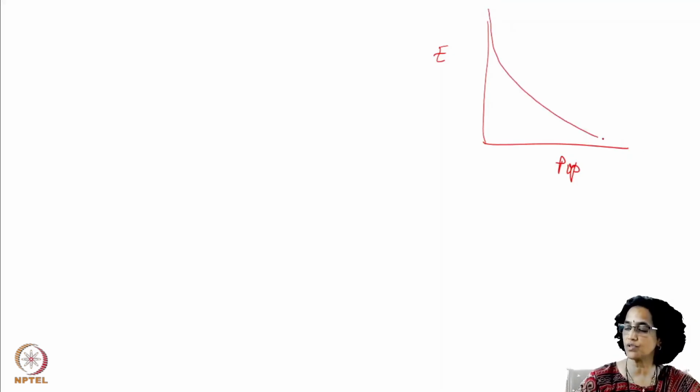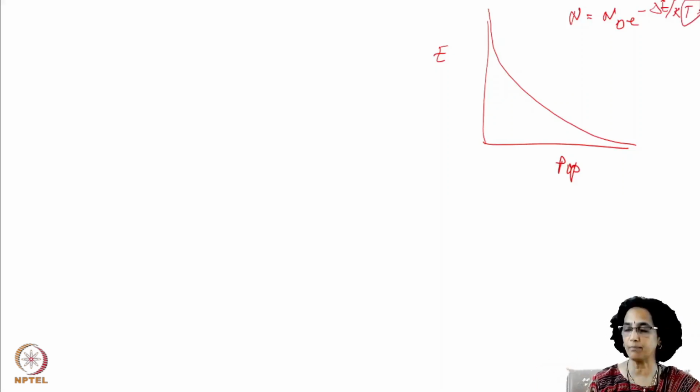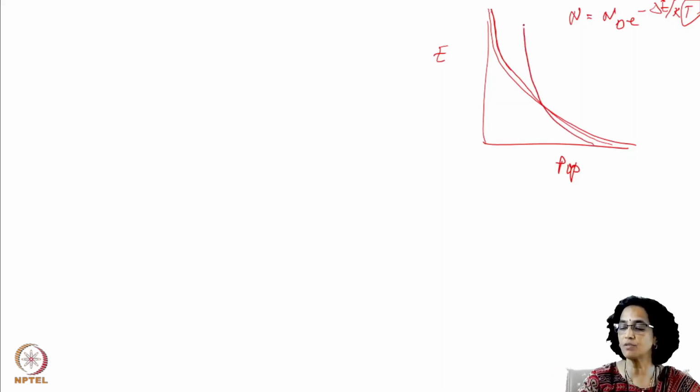So it follows that exponential decay. As we say, N is equal to N0 e raised to minus delta E by kT. So it is definitely dependent on temperature, and therefore, as temperature increases, the population in the higher energy levels also increases. As the temperature increases, population in lower energy levels reduces, and population in the higher energy levels increases. So what would happen if temperature becomes infinite? What would happen when the temperature becomes infinite?